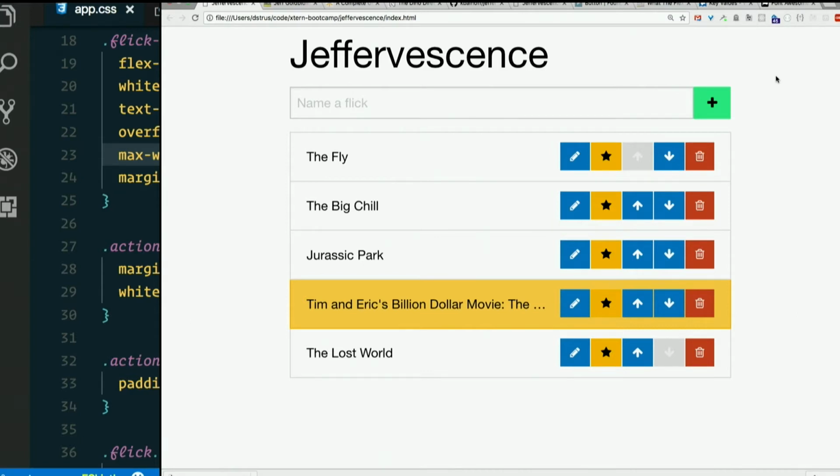So let's think about this. What is Slack? It's a list of messages. Yeah. You have channels too, but fundamentally it's a list of messages. It just has multiple users. What's Twitter? It's a list of tweets. What's Evernote? It's a list of notes. So many of the apps we use are fundamentally just a list of things that you